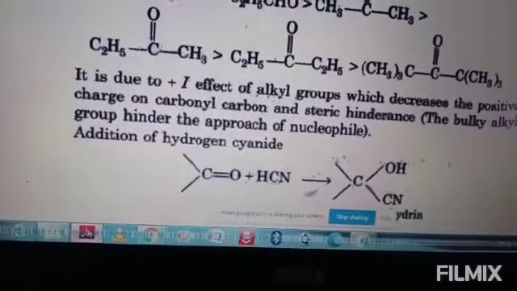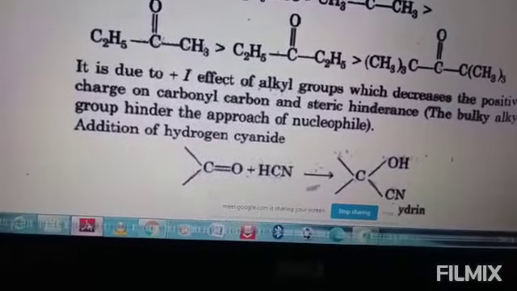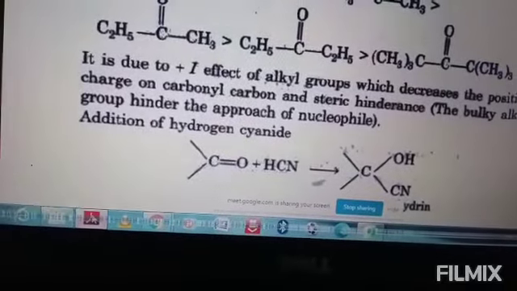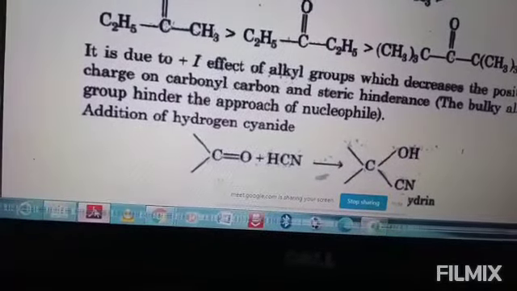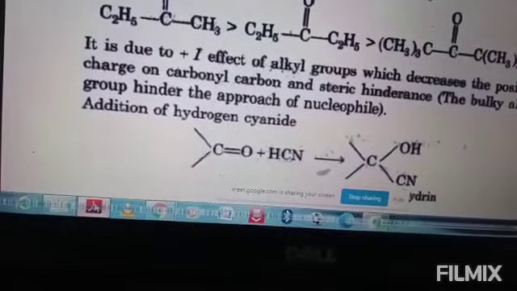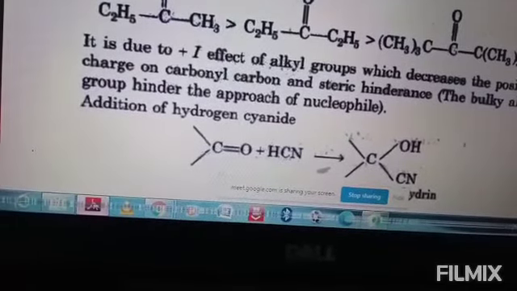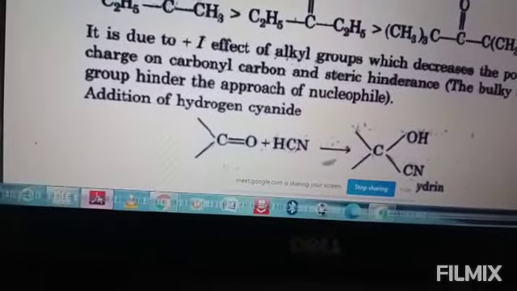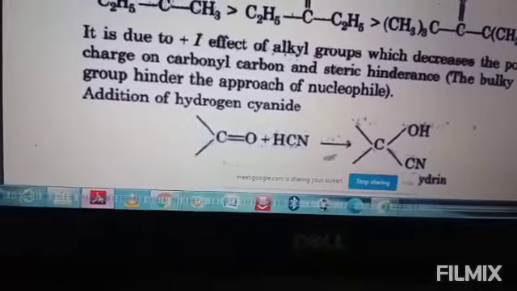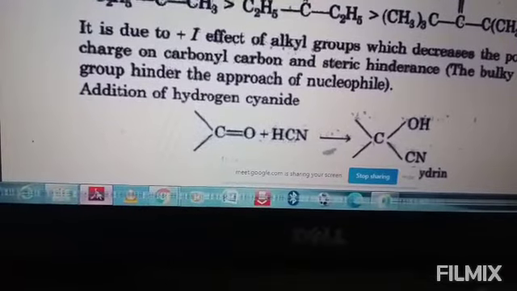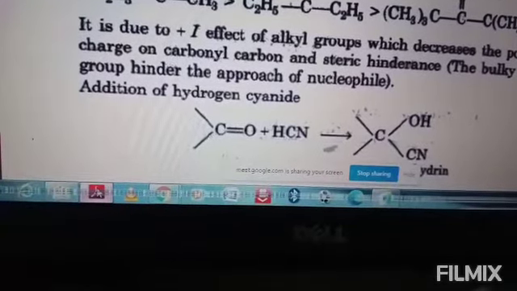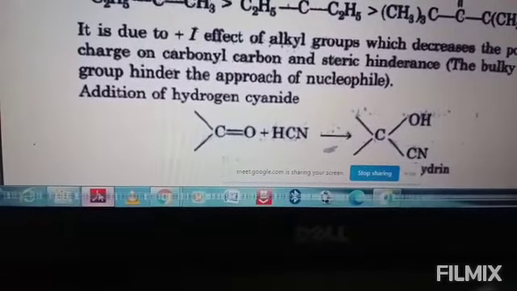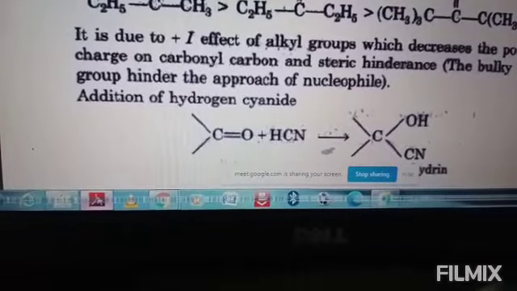In the case of benzaldehyde, the benzene ring is a bigger group than the CH3CH2 group. So sterically, the hindrance caused by the benzene ring is more than the CH3CH2 group of propanal, and hence the nucleophilic attack is easier in propanal than in benzaldehyde. Like this, you can also write it. That means the first point and the second point. Then again,